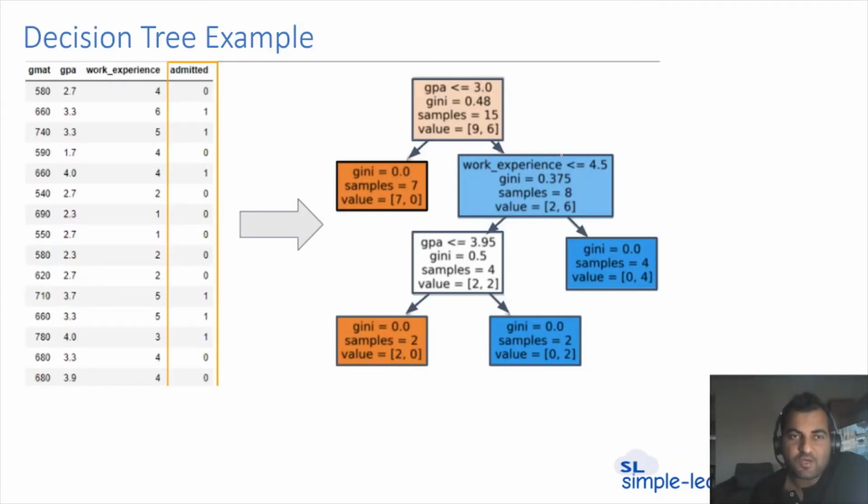Then one more example on the decision tree. My apologies. You can see here the example I'm referring to: based on the GMAT score, whether a student is getting admitted to the university or not, right? Here two more branches are there, and those features can also be considered, and based on that you can get multiple-value decision trees, and based on that you can decide whether a student can be admitted or not.